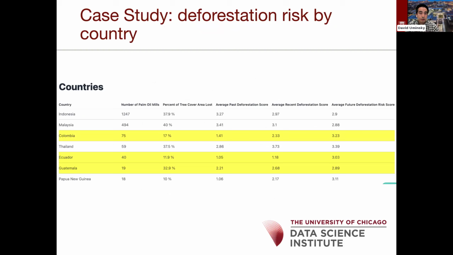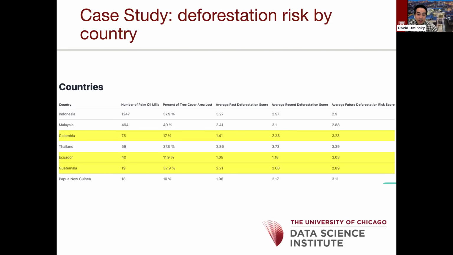So if you just start looking at countries, it was very well known, and we started in Indonesia, of how damaging and how robust. Look how many palm oil mills are in Indonesia. Look at the percent of the tree cover loss that's already there. And those are resulting in very high scores of past deforestation and continued future deforestation scores. And that stuff is its own very important story to dig deeply into.